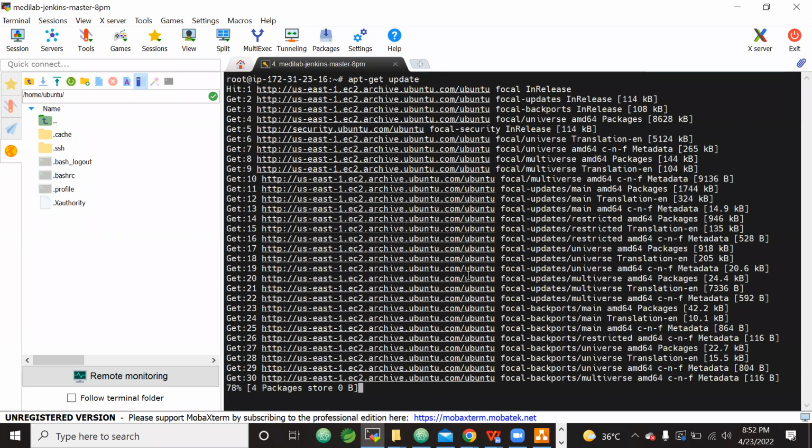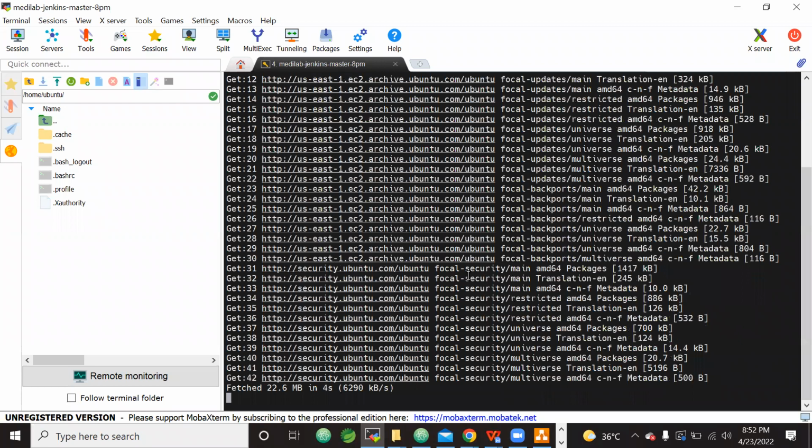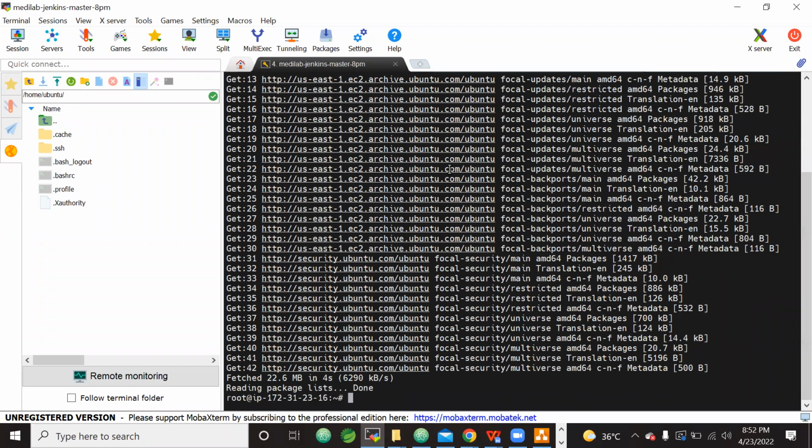First, we need to update it. That is the primary thing that we need to do. apt-get update. First, let it get update. What is happening when we update it? It is connecting to ubuntu.com repository and downloading if any packages need to be updated with the current machine that